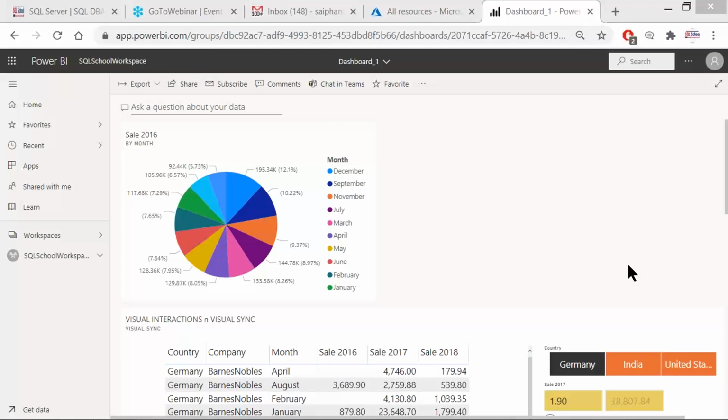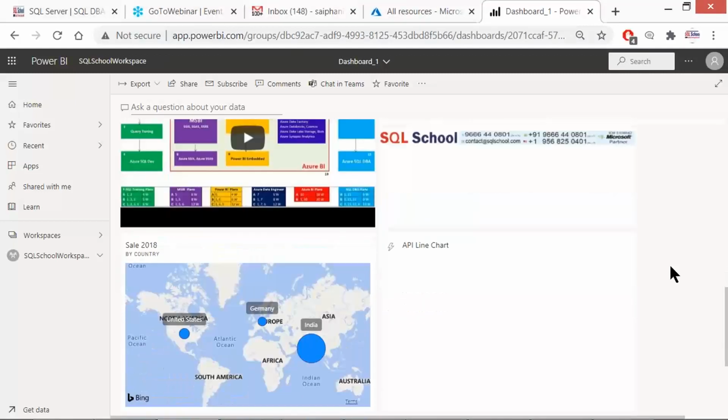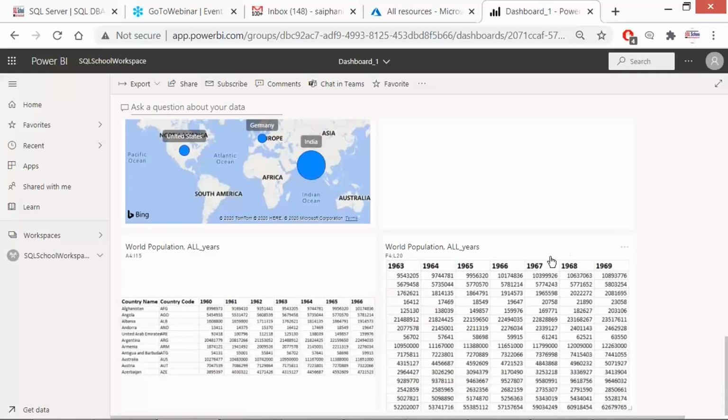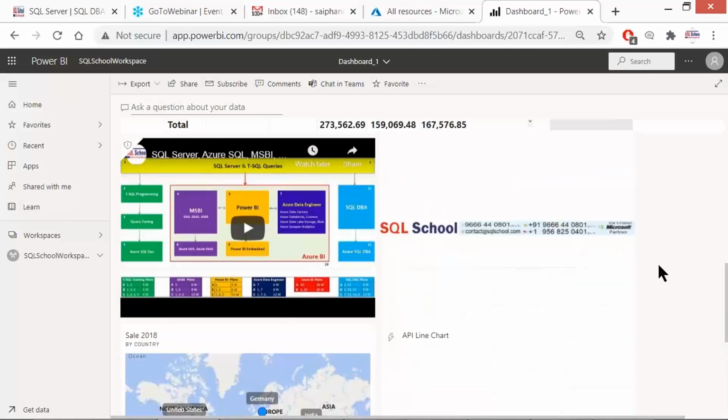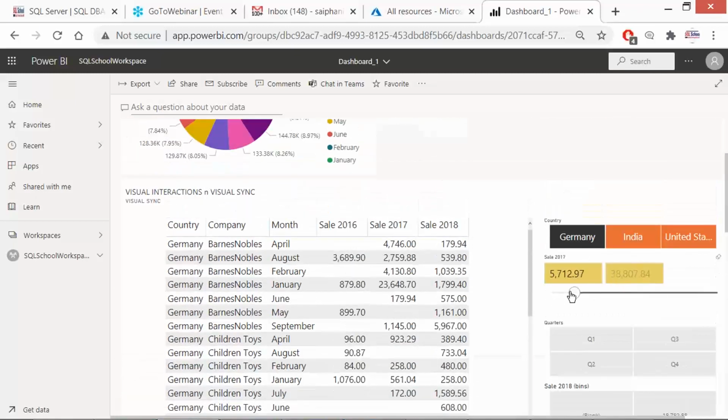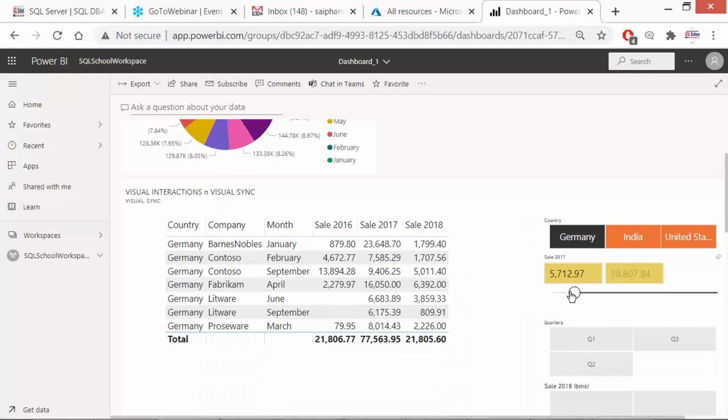For example, it's a mix of multiple reports that we see on the screen, something like this. So a collection of multiple reports together forms a dashboard. Reports are like ingredients, and the dashboard is like the actual recipe out of it.